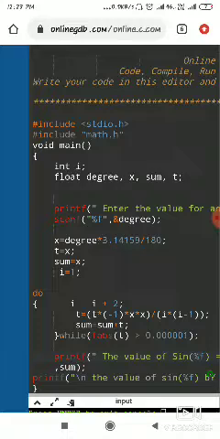Once again I will revise what we are going to do. We are simply reading the value of an angle in degrees. We are converting it into radians. To convert an angle in degrees to radians, we should multiply it by pi by 180, where the value of pi is 3.14159, divided by 180. Now that value I am considering as term 1 in my sine series, and that is also my first sum, and I am taking the variable I, which is the power. The powers are all odd powers. To make the odd series we know I plus 2.